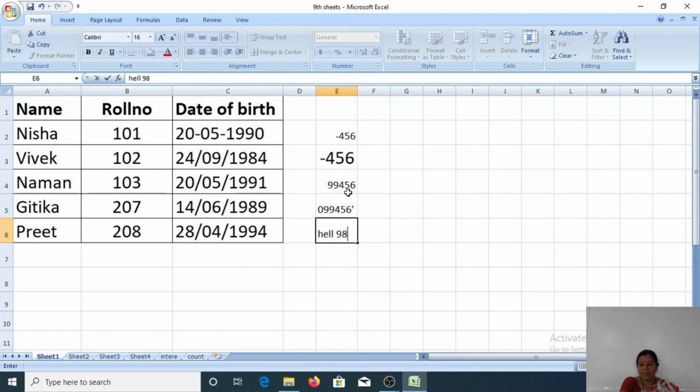Most often, we use worksheet headings to identify the column of data. For example, see here, I used name because in that column I can get the name of a particular person, and along with that a roll number. Nisha's roll number is 101 and her date of birth is 20th.